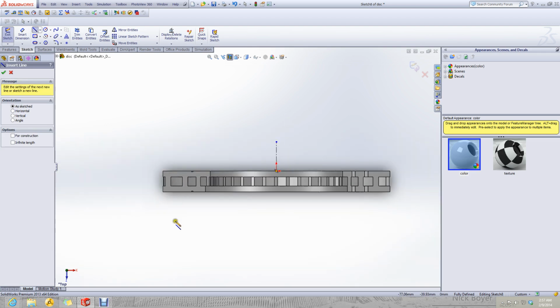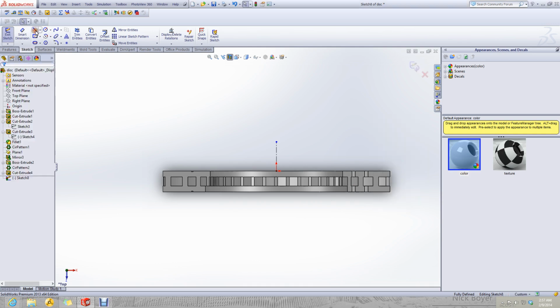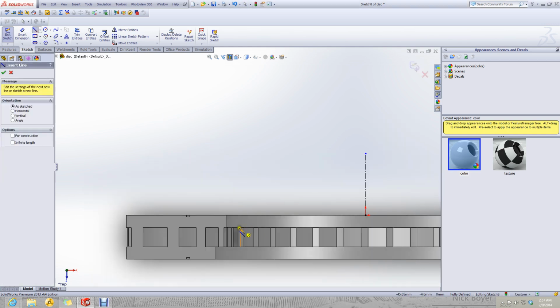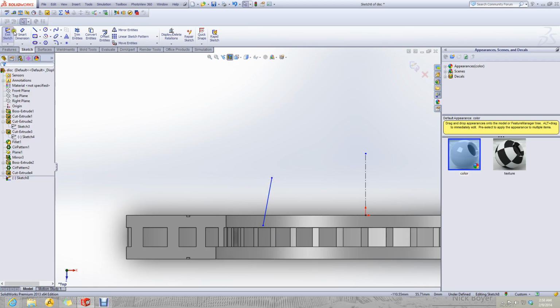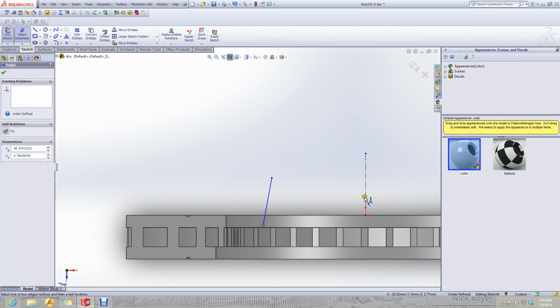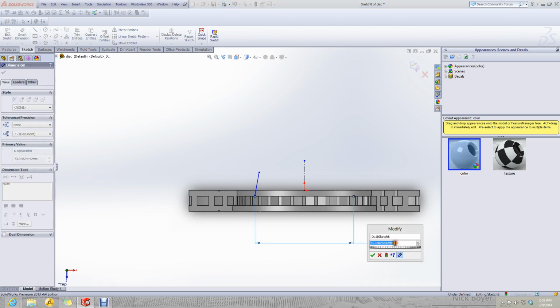It is, the inner circle was 88.79. This was 88.79.